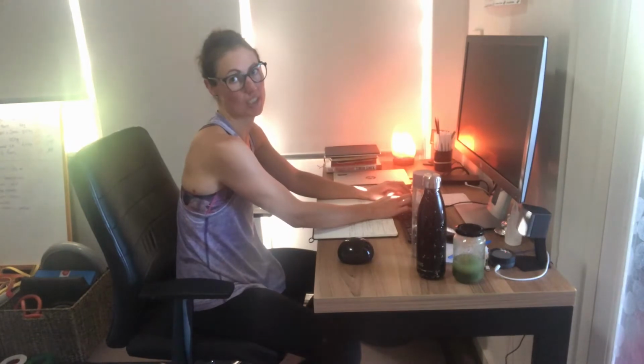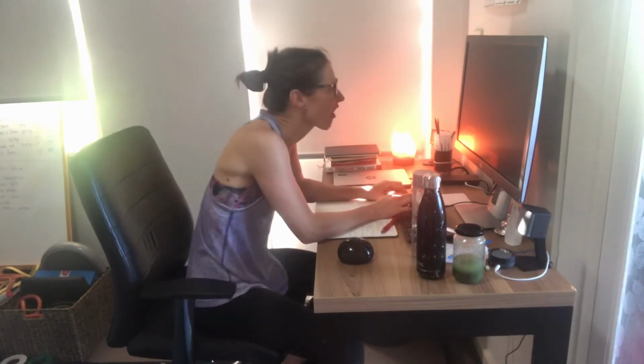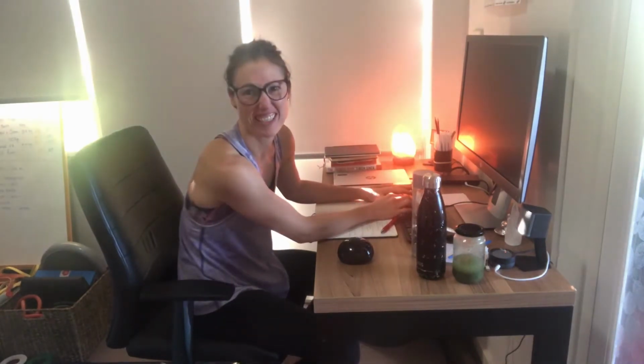Are you getting a sore neck just like me? Sitting here with this forward shoulders posture, head forward, trying to look at the screen? Well, let's have a look at a couple of things we can do while we're sitting at the desk to make sure that we're giving us the best opportunity to have a pain-free experience while we're sitting at the desk